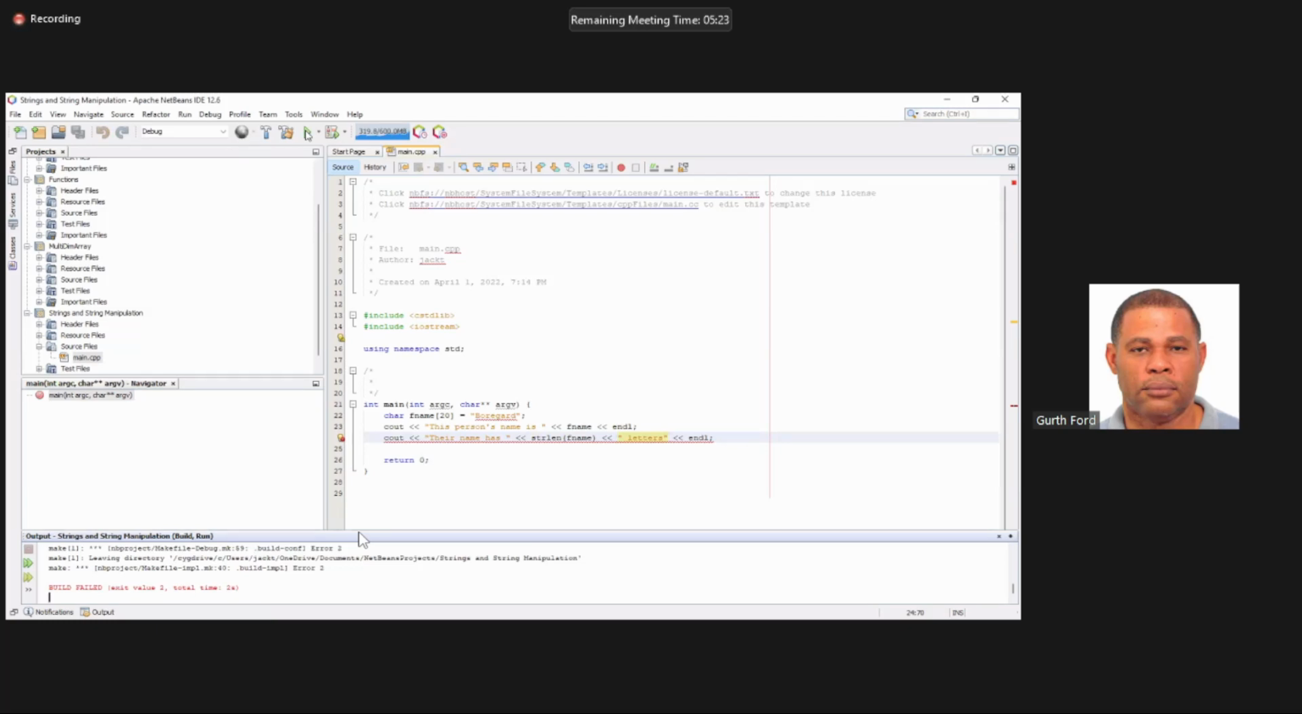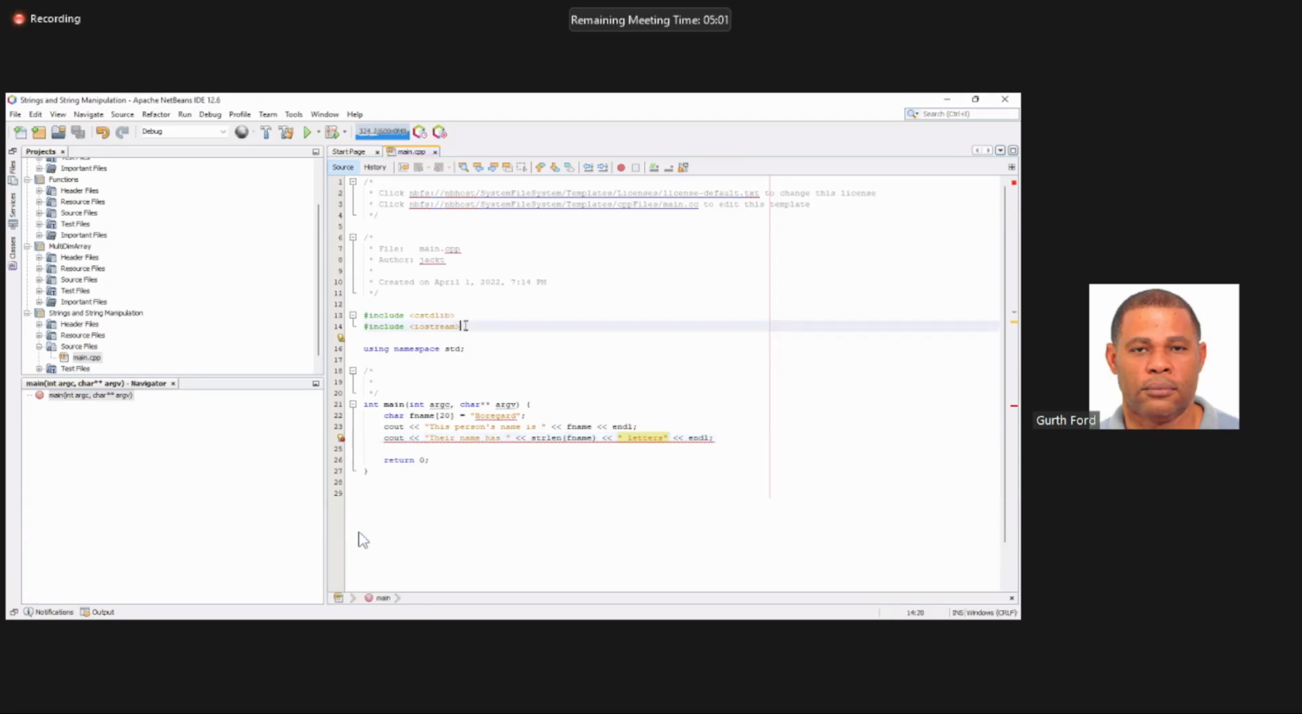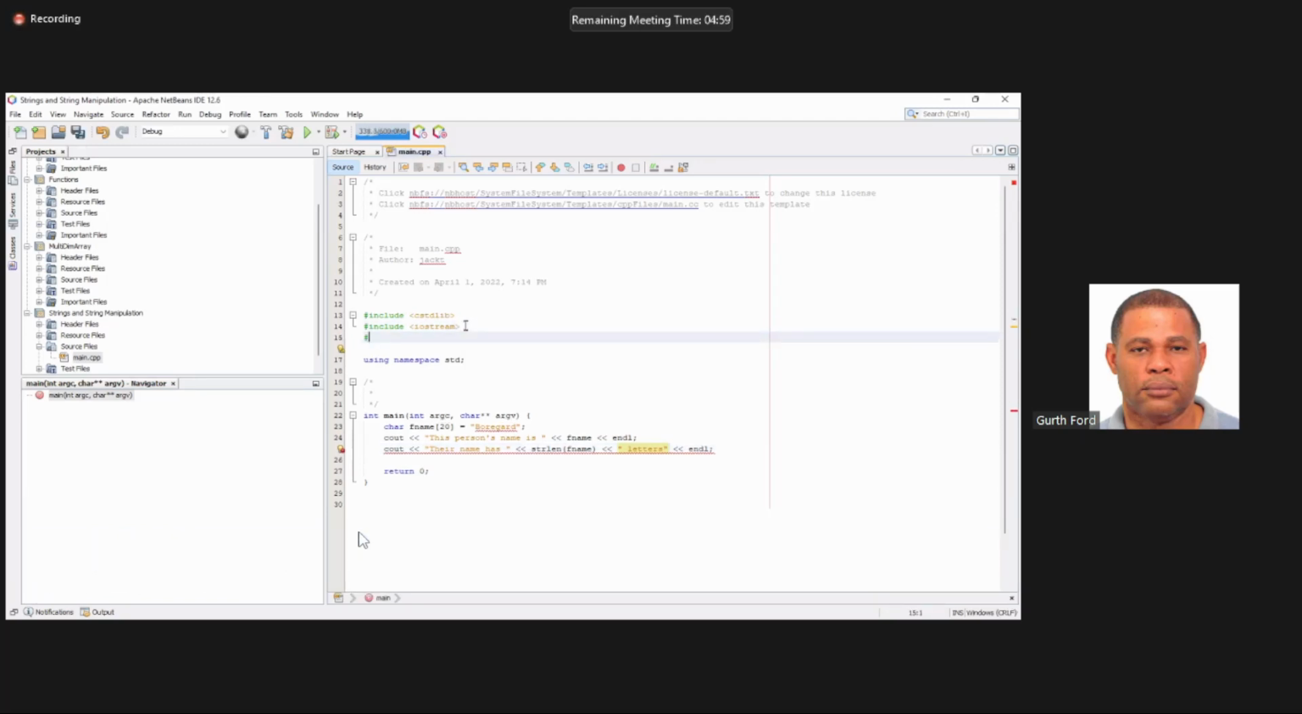So build failed. We go here. Come on, mouse over. There we go. String length was not declared in this scope. And up here we got a little note: string length is defined in header cstring. Did you forget to include it? See why I love NetBeans? So this is why